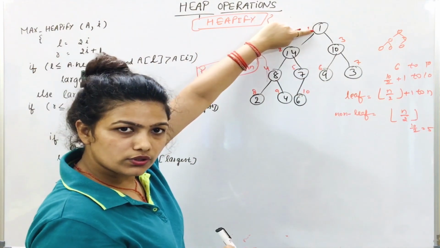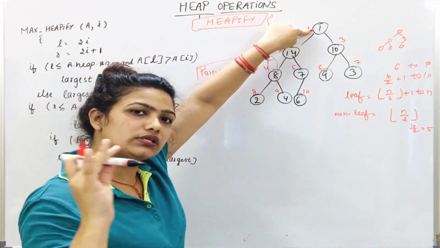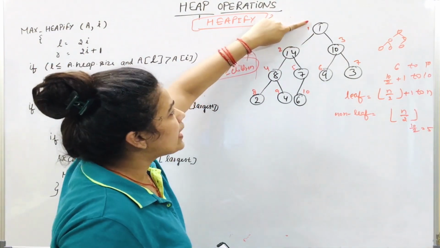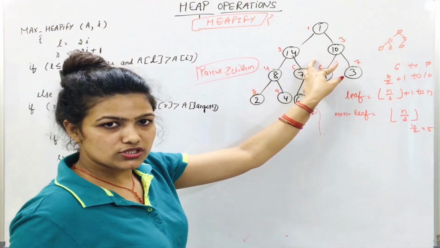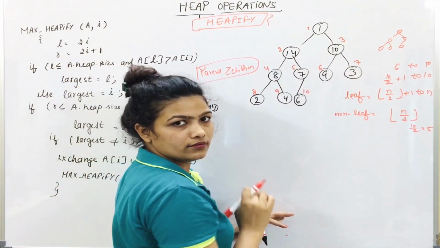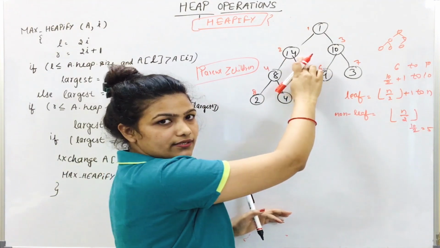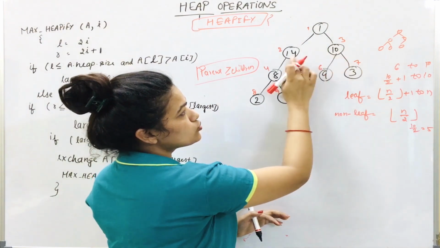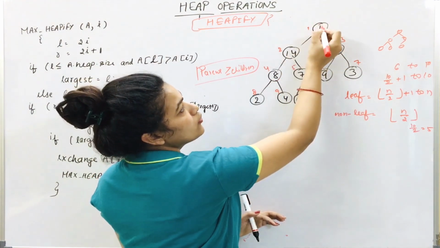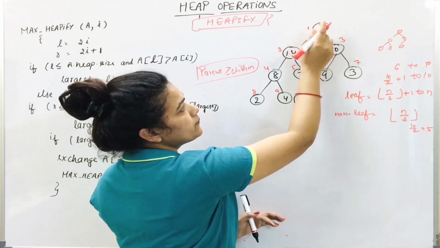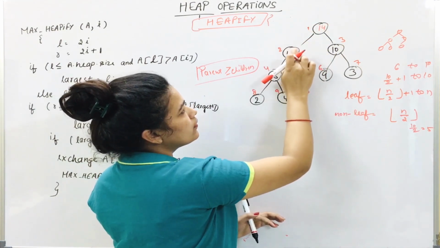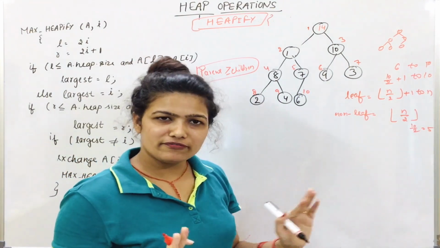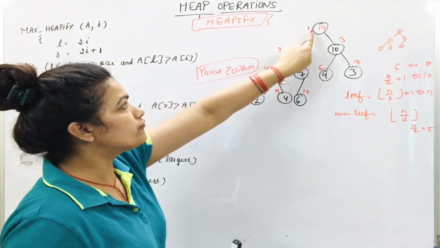We will start from the root, from index position 1, then 2, then 3rd, then 4th, and so on, one by one. We start from the first element and compare it with its children, 14 and 10. Which one is greater? 14 is greater, and the parent is smaller than its children. Of these two, the greater is 14, so we swap. 14 will go there and 1 will move here. We will do one more example. This will be very easy. First position is okay.